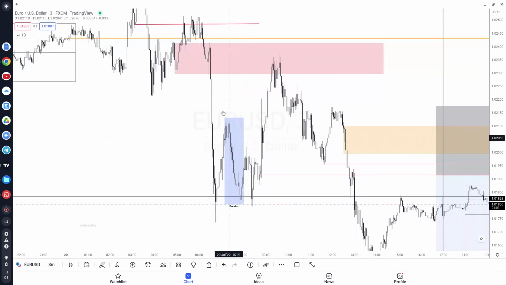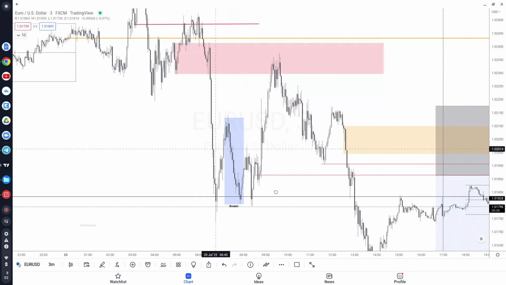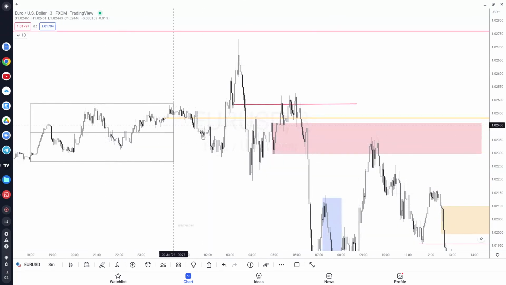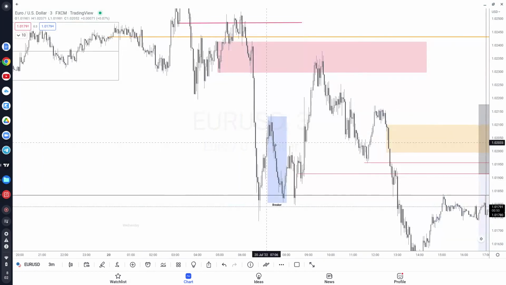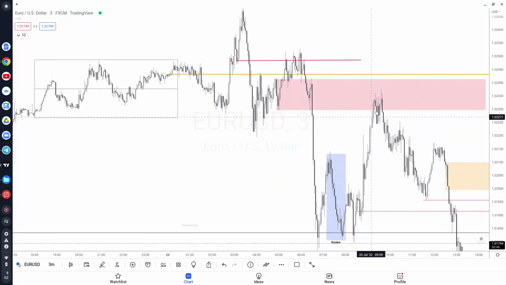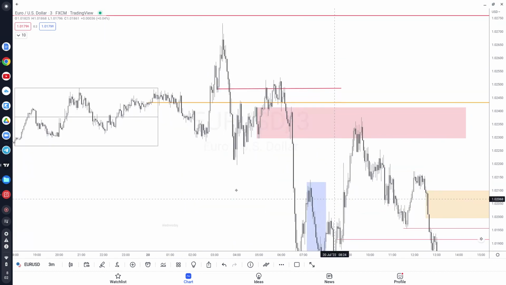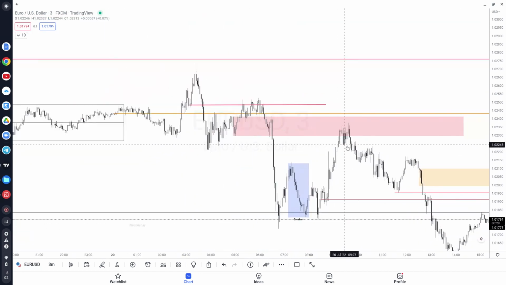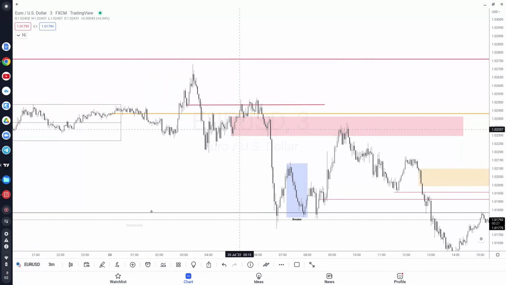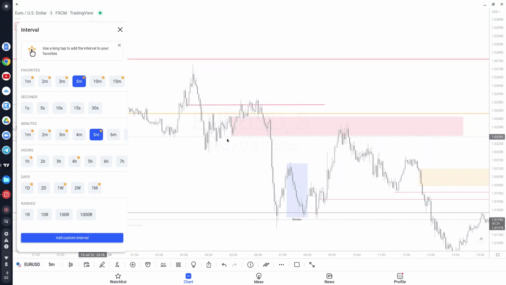But anyways, so here's the profile. We have Asia, we have London sweeping Asia and breaking down, and so what we should expect in this scenario in terms of daily cycle is for New York to carry over. If price is just now retracing right before that 9:30 opening, and look at how time and price align right here, then you should expect New York to be a continuation of whatever London and Asia has already done. And in this area here, if we come to a 5-minute, I believe, yeah.